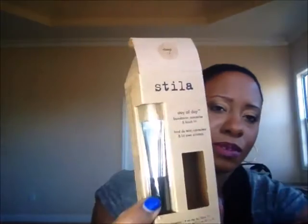It's really a great foundation, and it's full coverage. And I went back and forth. At one point I thought maybe I like this one better than my MAC foundation, but I don't know. I think I'm wearing the MAC today, and I think I like the MAC a little more than this one. But this has been a great foundation for me, and it comes with a little